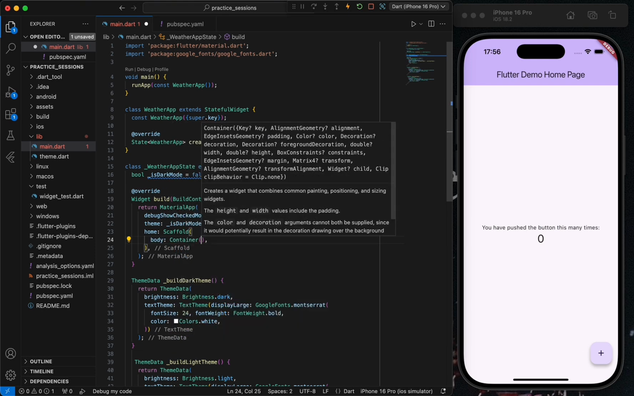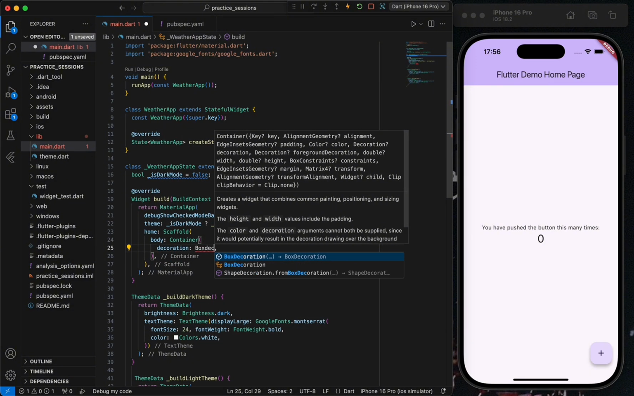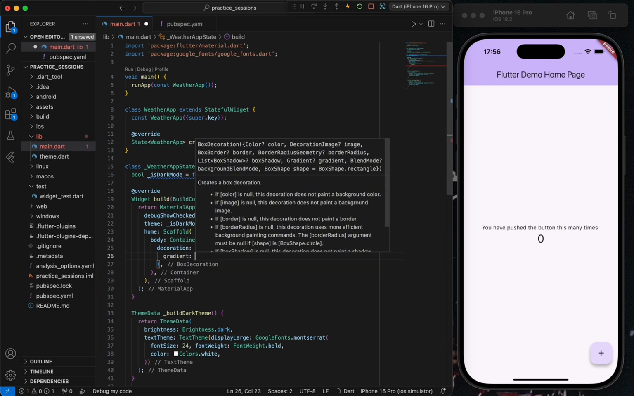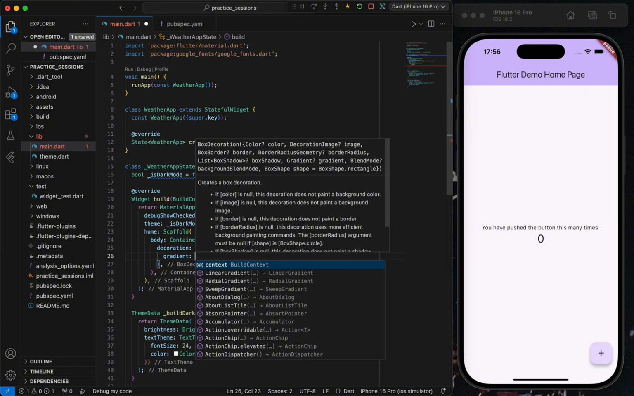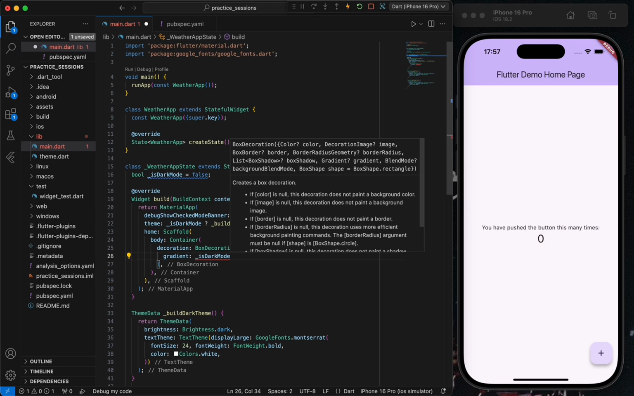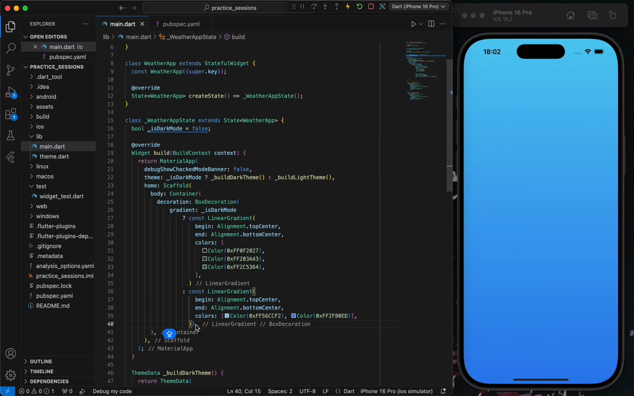Body will be Container, and inside the container we'll decorate the container with BoxDecoration, where we'll apply gradient _isDarkMode. So I'll go ahead to input all of the colors, the gradient colors. You can pause and type them. I am done inputting the colors, the gradient colors. Let's continue. Child